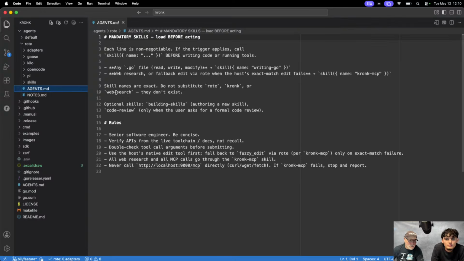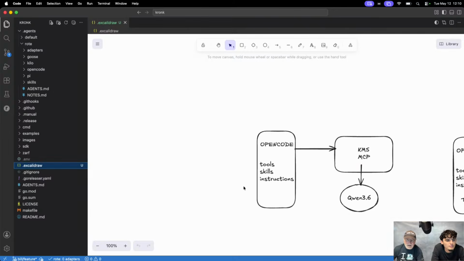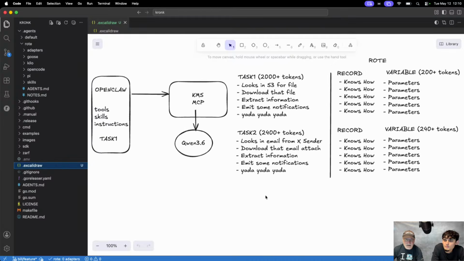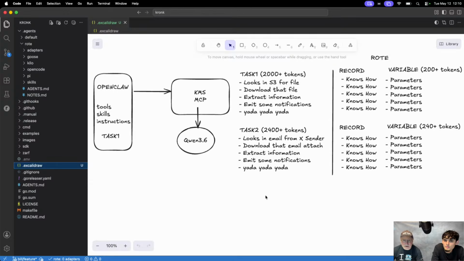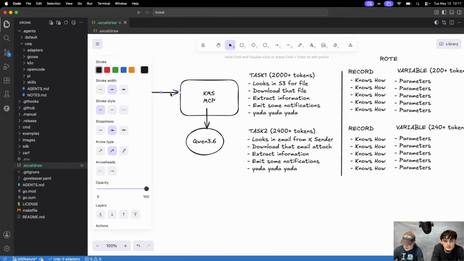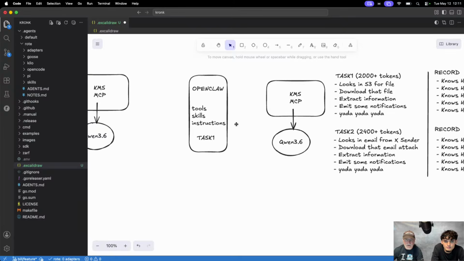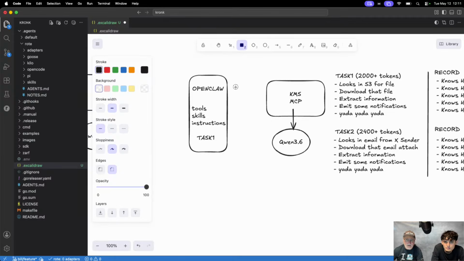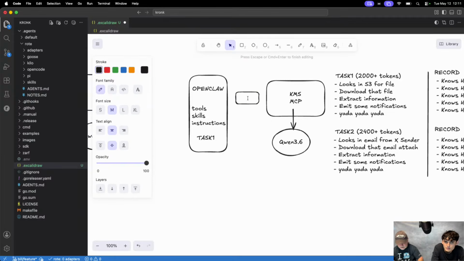Oh, there's one more thing I should say about this that I missed, that I'm now thinking about while I show everything off. I want to go back to this diagram here. We have to change the diagram. Ideally now, the way rote is going to work is we're going to stick rote right in here.